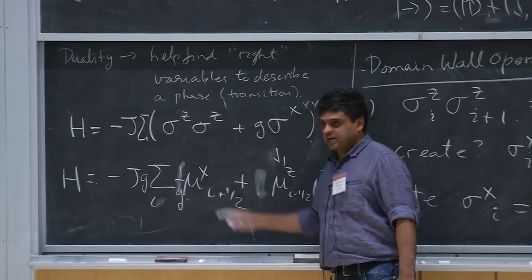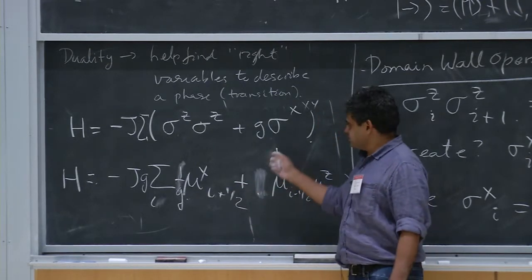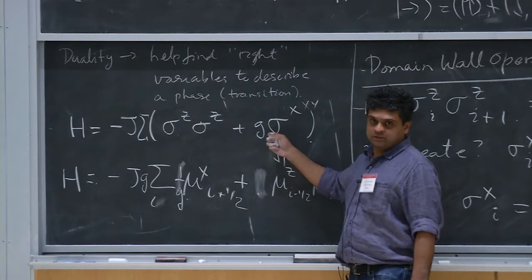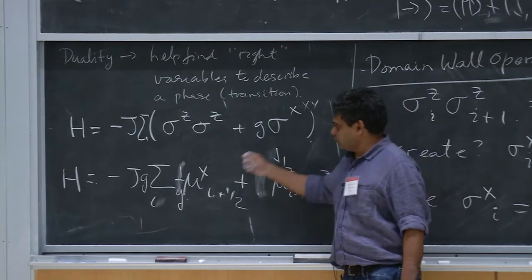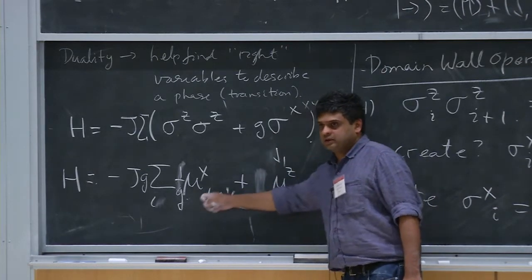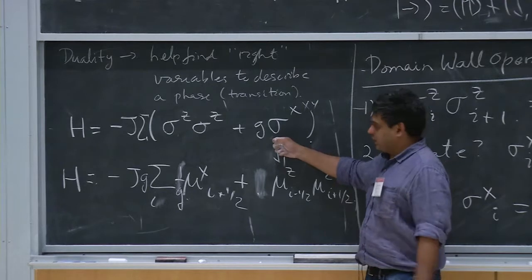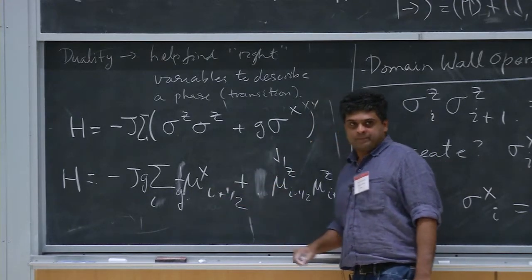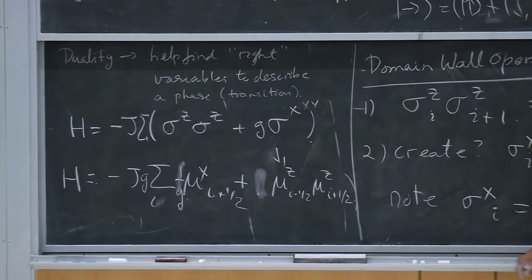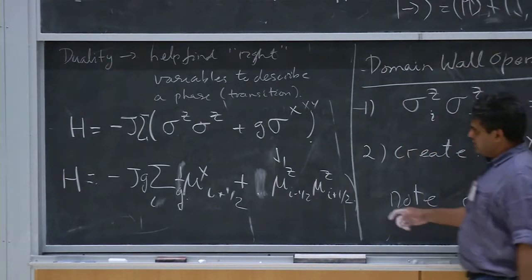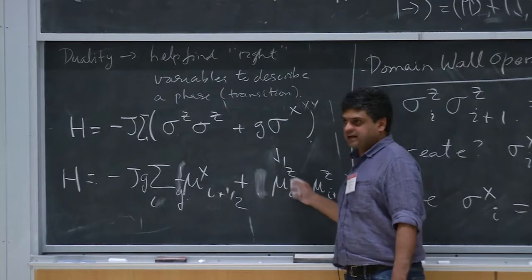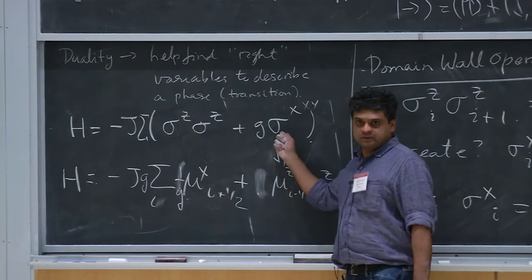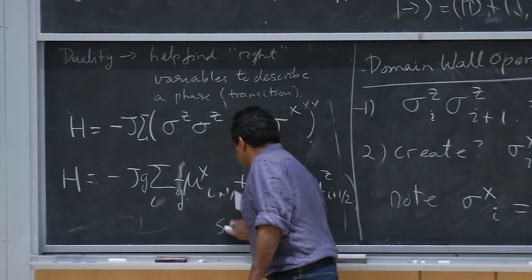and that is really a sign of duality. This is sort of the coupling constant in my theory. You took a coupling constant g and you went to the inverse coupling constant. So things that were at strong coupling are now at weak coupling, and vice versa. But the thing that's special about the Ising model, which is somewhat rare, is that the form of this dual theory is exactly the same as my original theory. So this is self-dual.